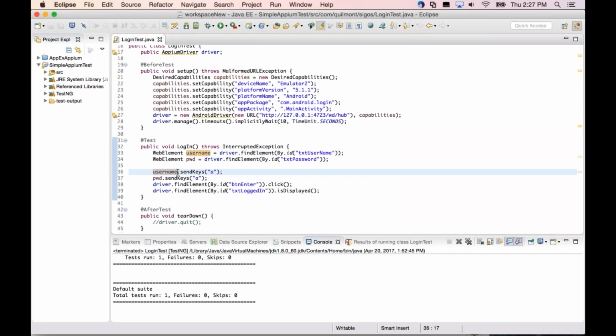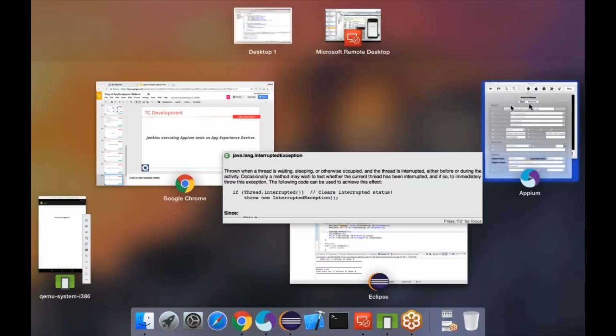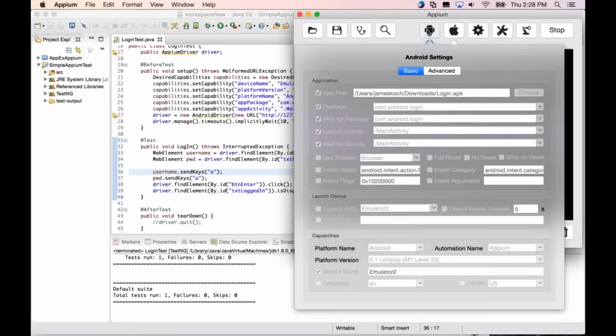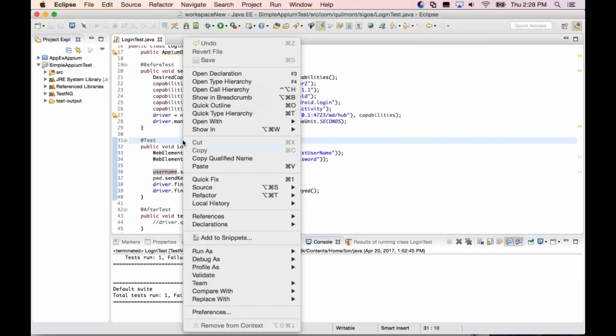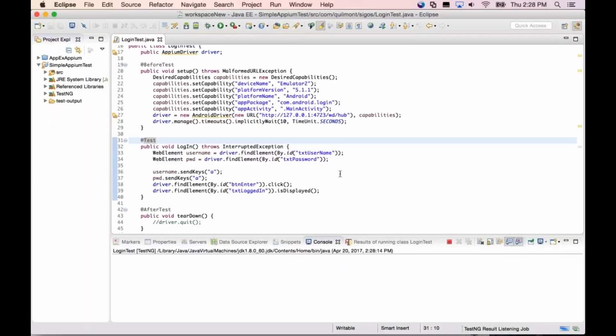We can do any actions that you wish. You can have multiple tests in this if you'd like. Again, this is just a simple login application and a login example. After the test, you can tear it down. You can quit the application if you'd like, but I'm not going to do that. I'm just going to right-click and run as a TestNG test.